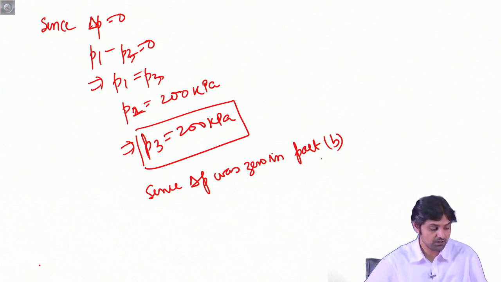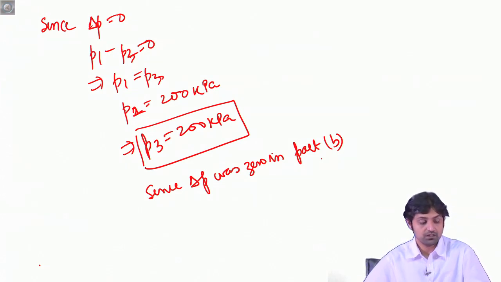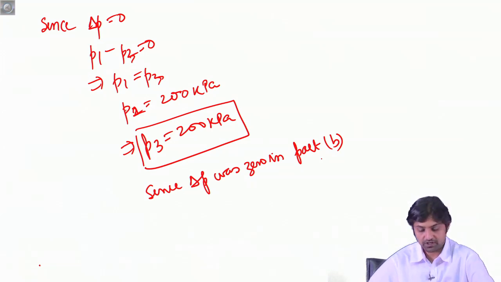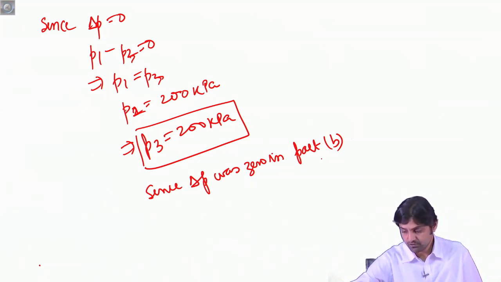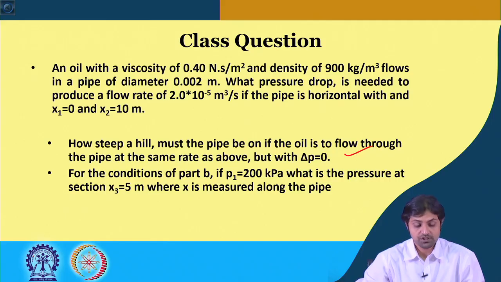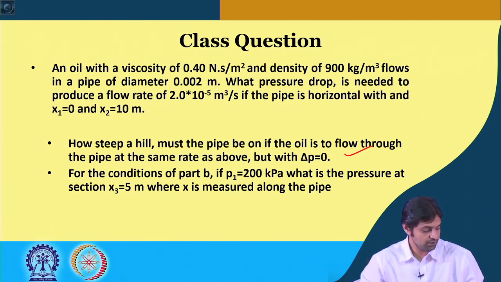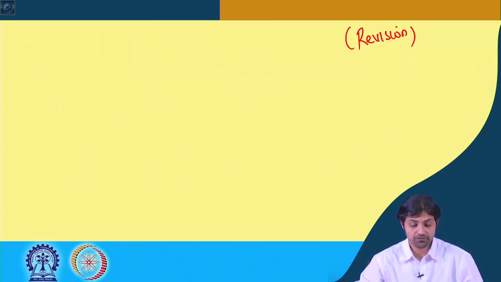So the pressure would be the same as what is at point 1. All right. So we finish this one here. So in the previous question we have seen the application of Poiseuille's law and also the modified Poiseuille's law in presence of the gravity. With this point we move forward to our second way of finding the laminar